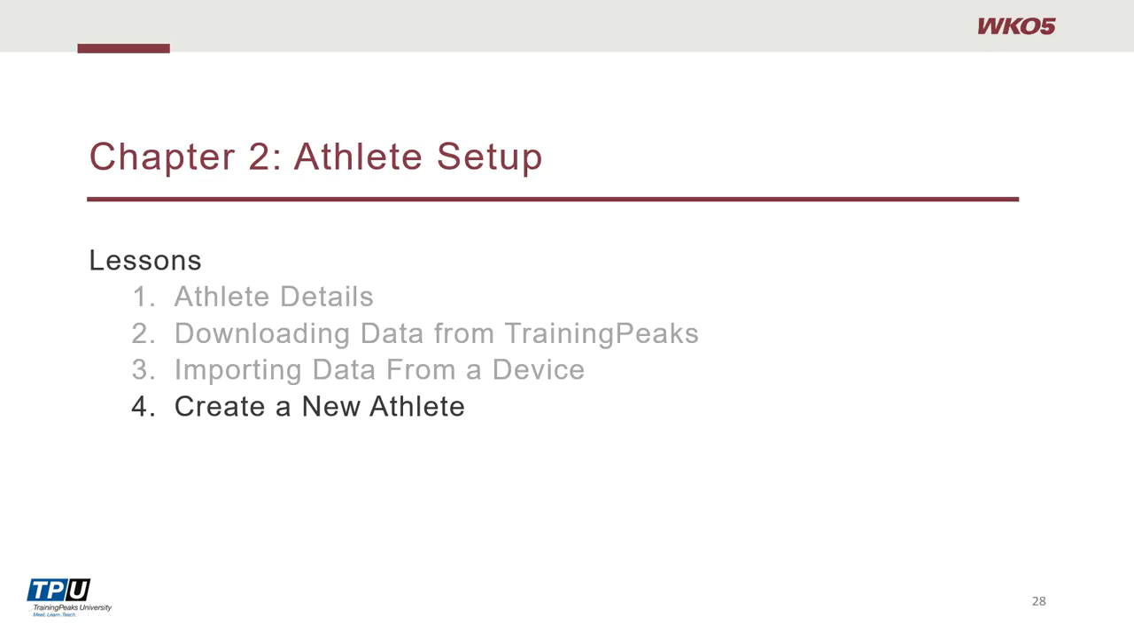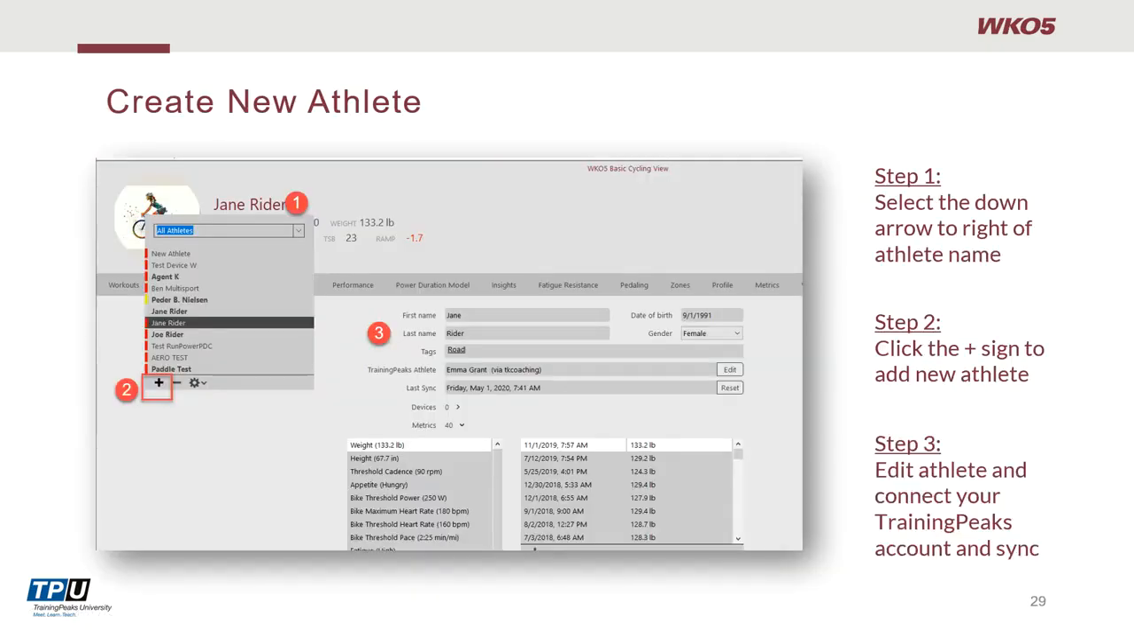Lesson 4, Creating a New Athlete. Okay, when you look to create a new athlete and you have multiple athletes, there's a little down arrow. I kind of put that one in the wrong spot now that I think about it, but there's a little down arrow right to the right of the rider's name when you hover over it and you have multiple athletes. If you click that,